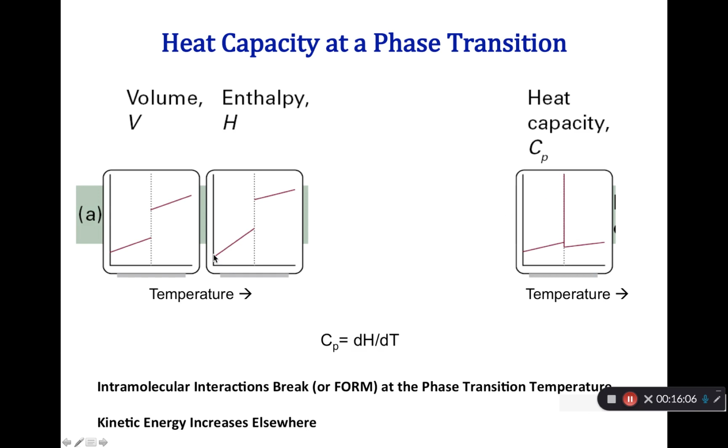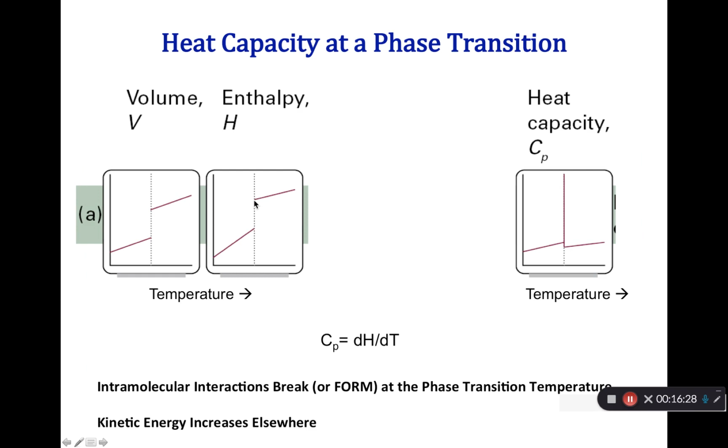What is actually happening is, as you increase the temperature, away from the phase transition temperature, the kinetic energy of the system keeps increasing. The potential energy also increases, but the kinetic energy directly depends on the temperature and keeps increasing, which is why the enthalpy also increases. At the phase transition temperature,